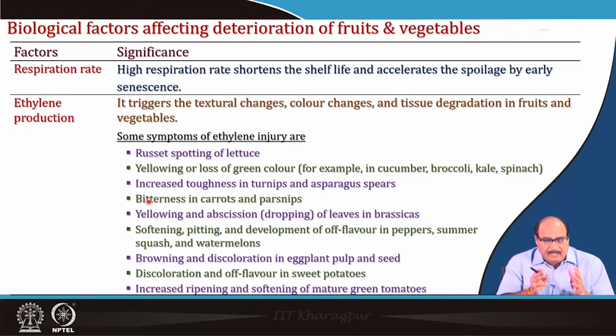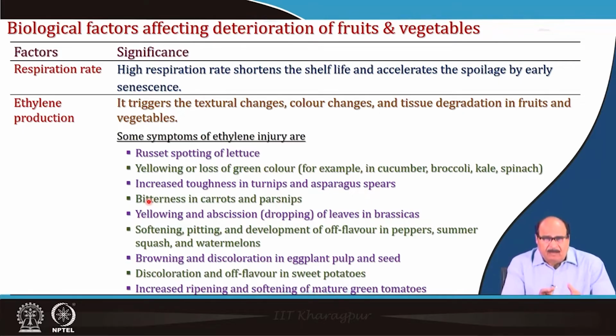Ethylene production triggers textural changes, color changes, and tissue degradation of fruits and vegetables. Some of the important symptoms of ethylene injury include russet spotting of lettuce, yellowing or loss of green color, for example in cucumber, broccoli, kale, spinach, etc. There may be increased toughness in turnips and asparagus. There may be bitterness in carrots and parsnips, yellowing and abscission in leaves of brassica, and many